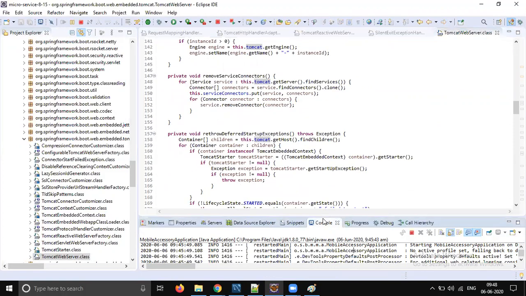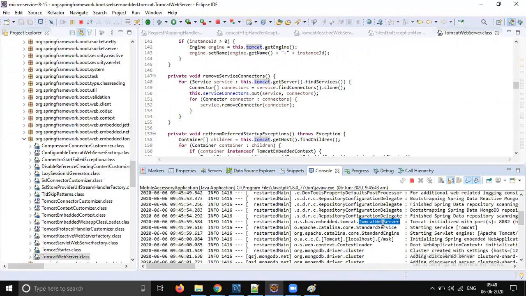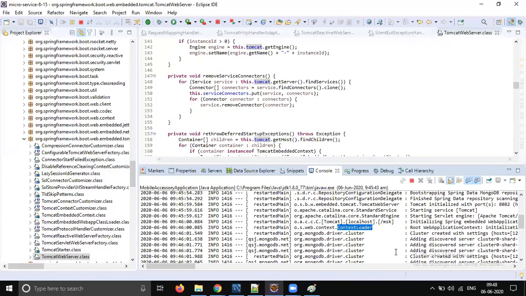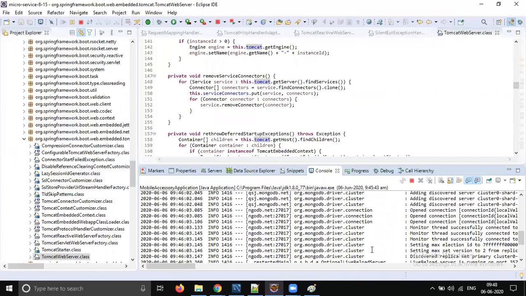So here is the place the Tomcat is starting. Then standard service, so Tomcat service. So from here it goes to context loader, loading the Spring Boot application, and it is starting.